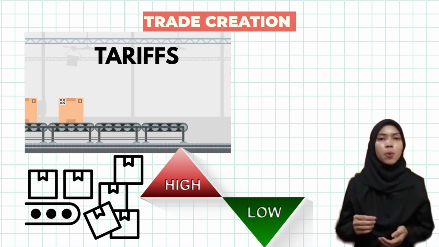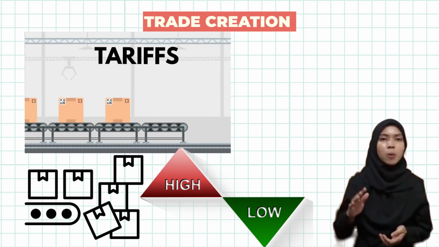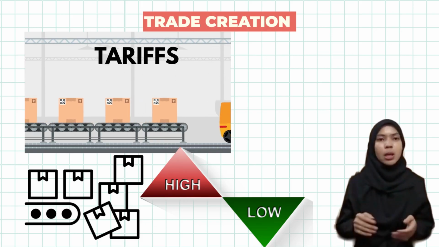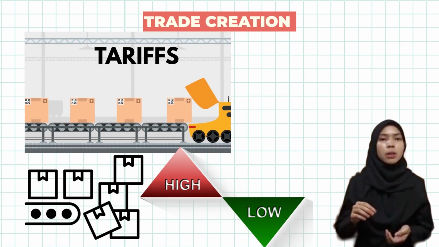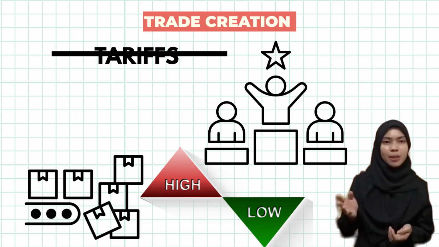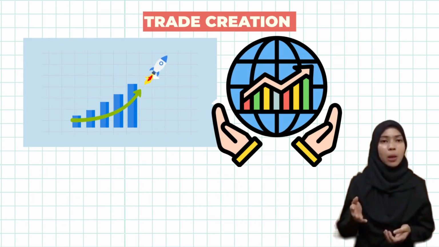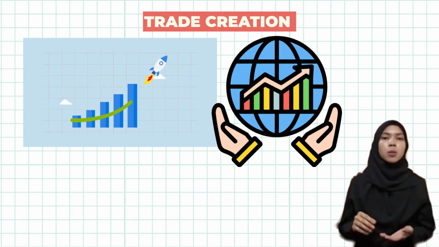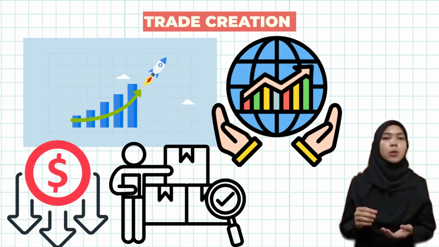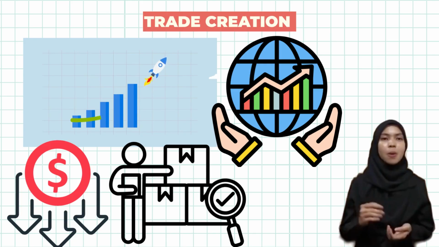Trade creation happens when regional economic integration shifts production from high-cost domestic production to lower-cost production within member countries. This happens because the removal of tariffs allows goods from more efficient production to be priced competitively in the market. Trade creation has a positive impact on economic well-being. Consumers benefit from lower prices and increased consumption, while resources are allocated more efficiently within the integration area based on